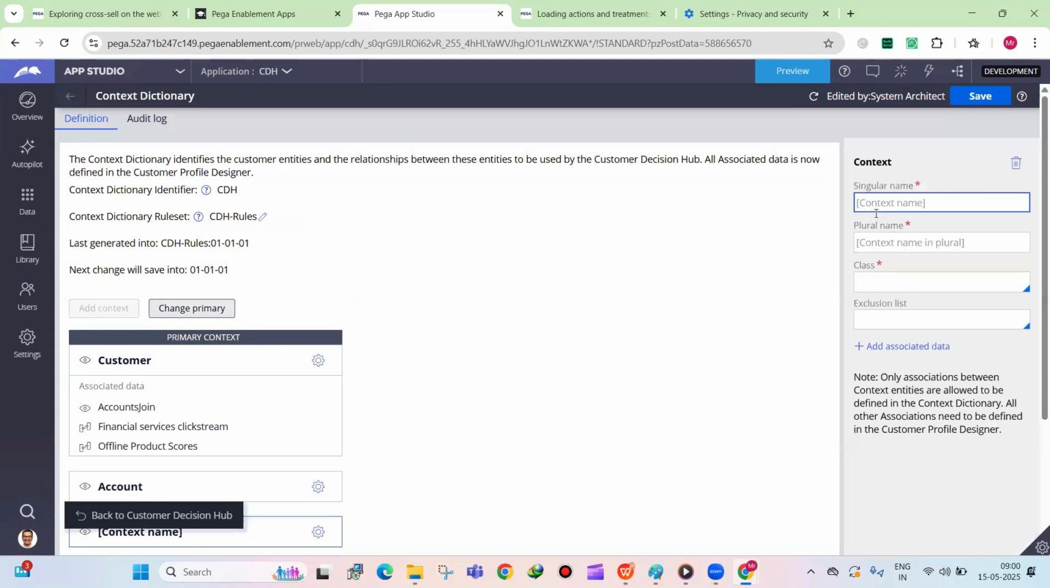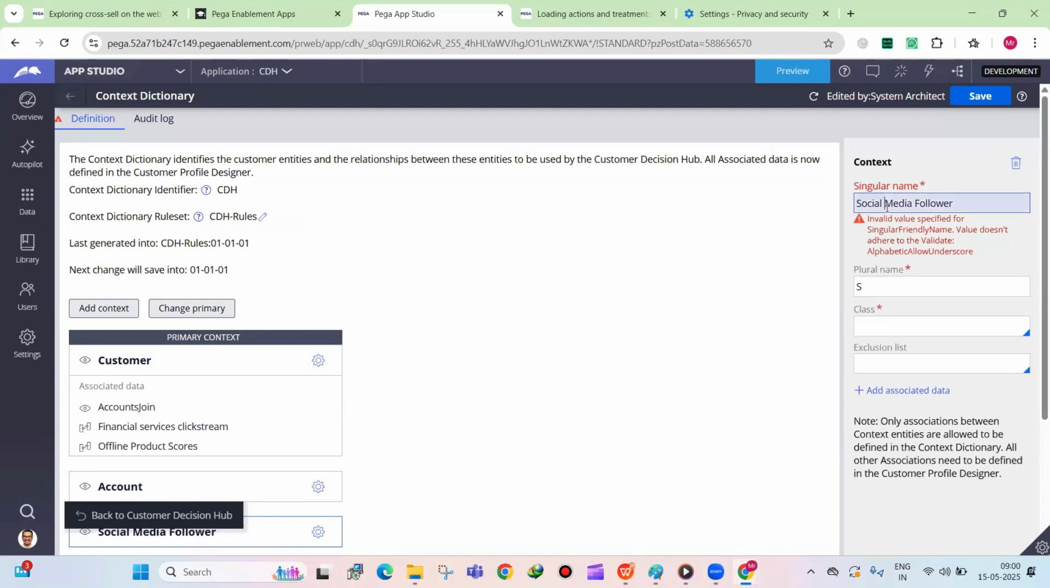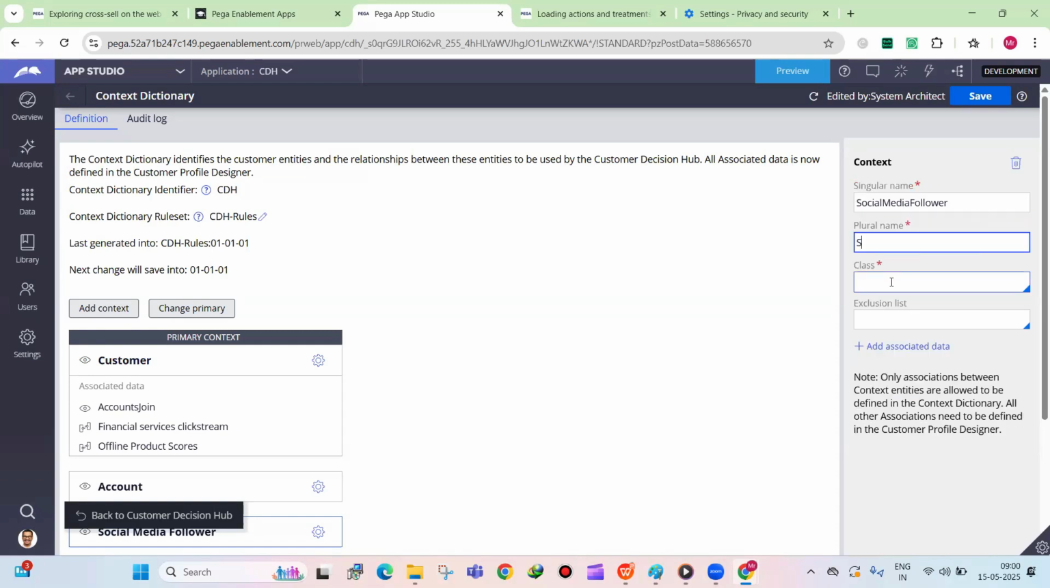Okay, for example, I can add something like social media follower. This is the singular name. You should not give a space, so remove the space. Social media follower is the singular name and social media followers is the plural name. Then whatever the table where that particular social media followers are there, that table name you need to give it